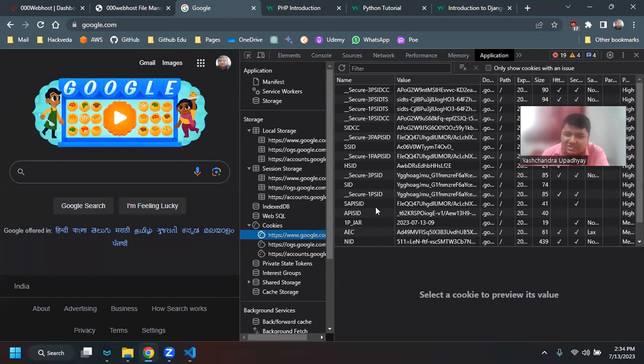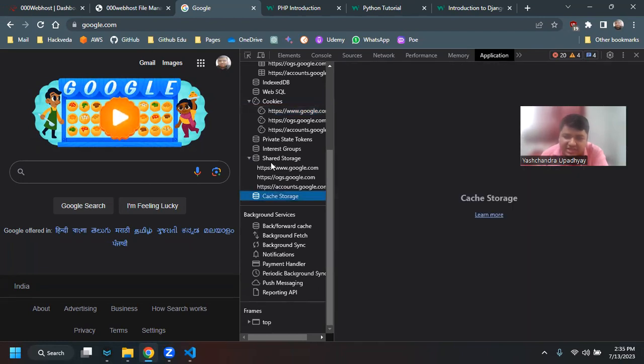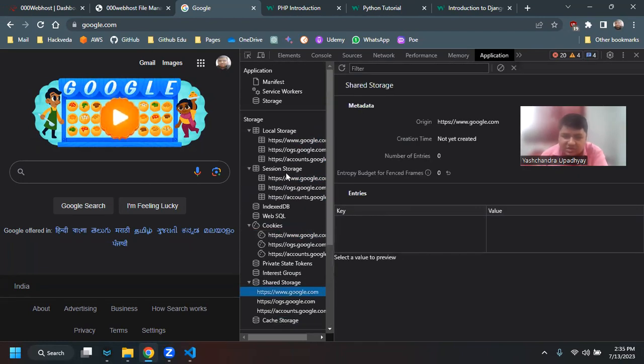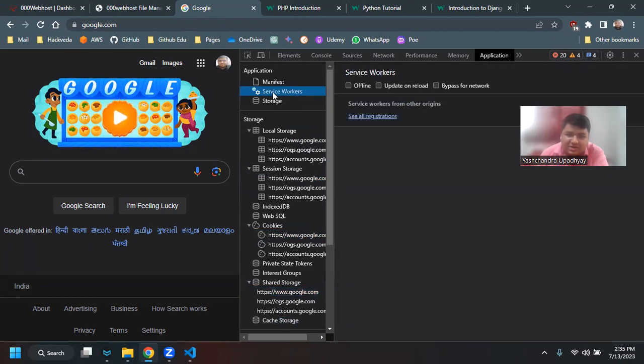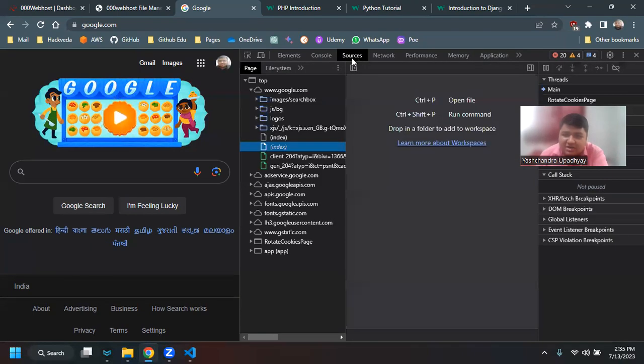All of this doesn't really make sense to us, but it does make sense to them. They are also giving the path and the size of the cookie and everything. There is also cached data as well as shared data. So this kind of data is there, and we also have a sources tab, right? So application is for the storage, what is being stored on a user system, and